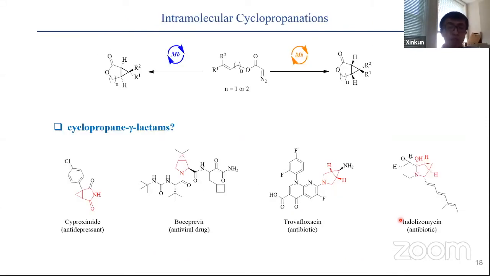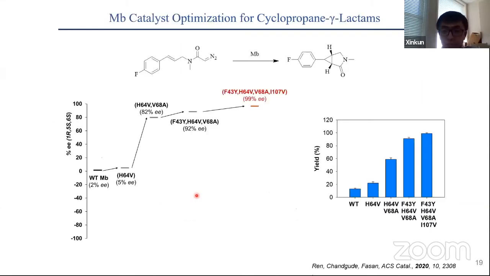After solving the problems for making cyclopropane fused gamma and delta lactones, we finally wanted to expand this methodology to cyclopropane gamma lactams, which can be derivatized to their corresponding pyrrolidines as important building blocks for natural products and drugs. Using this fluorinated allodiazoestamide as the model compound, we were able to achieve progressive improvement of product formation and enantiomer selectivity towards this